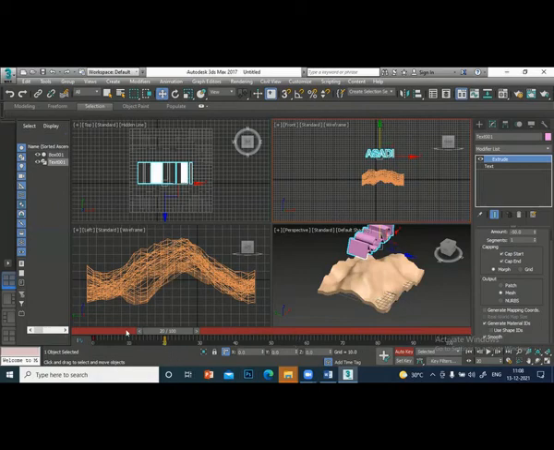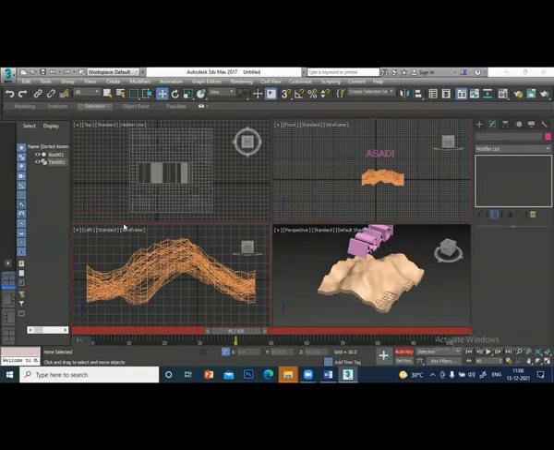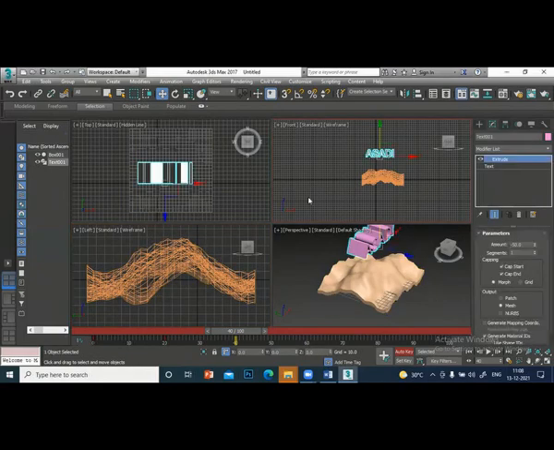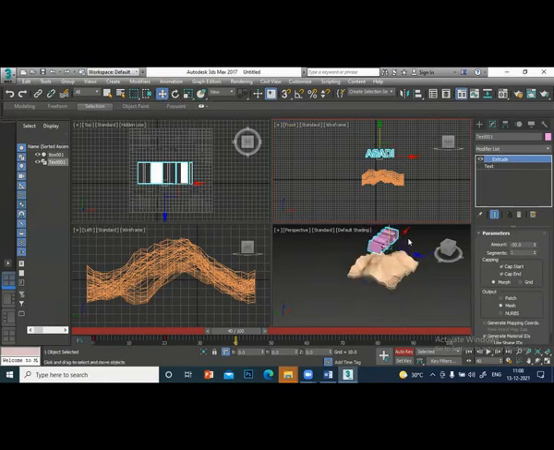I'll move the next to 40. I'm in the 40 now. I'm going to rotate it a little bit.